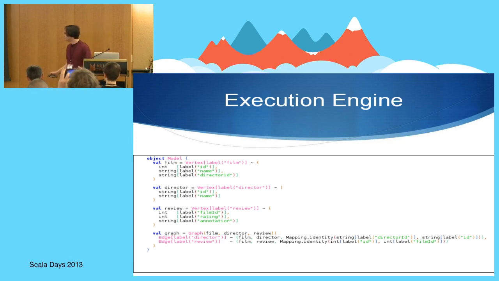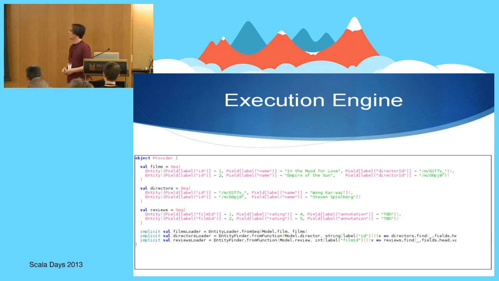In the same way, if you define a mapping which points to a property which doesn't exist in the graph, this code won't compile as well. So here we see how handy it can be to have the label directly encoded into the type. So now I'll briefly show you